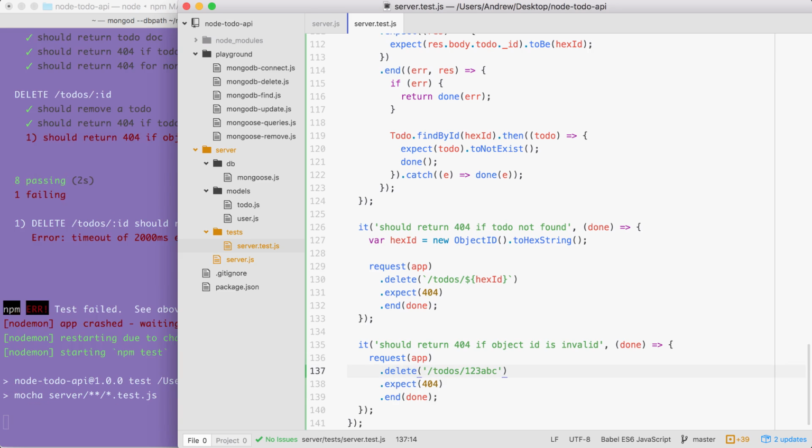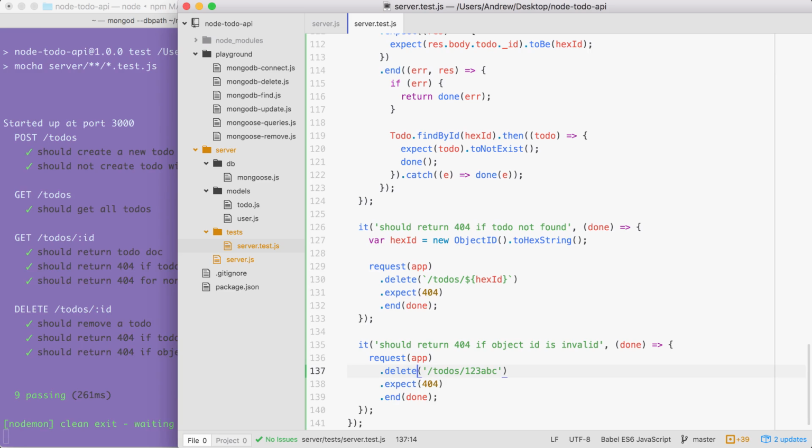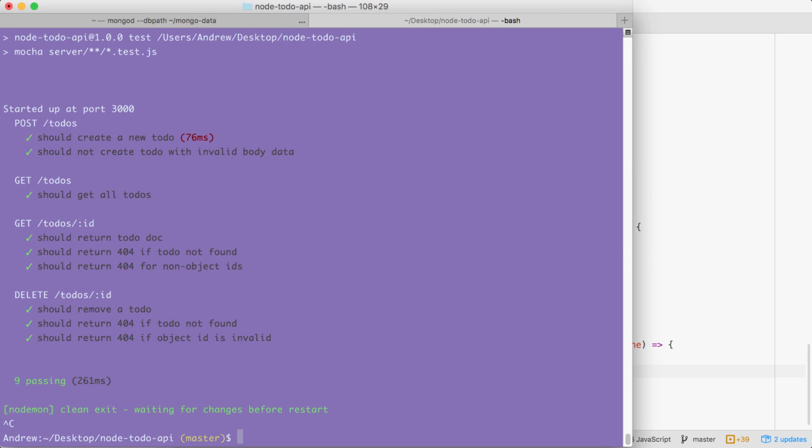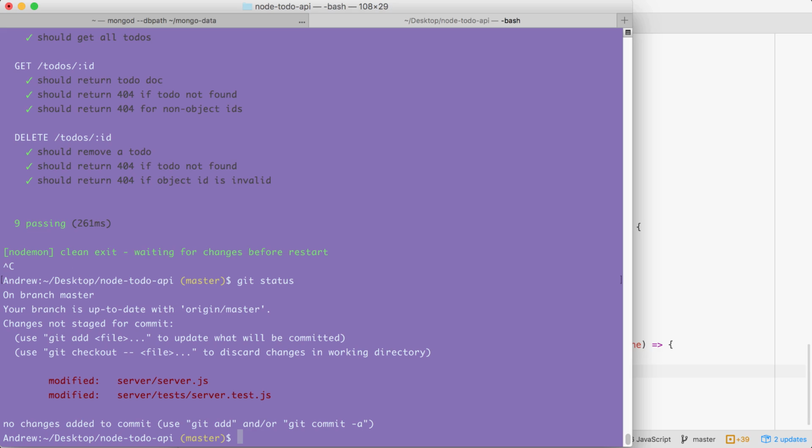If I save the file, it's going to rerun the test suite, and this time around, all 9 test cases are passing. With this in place, we now have delete to-dos tested. Let's go ahead and wrap this one up by making a commit over inside of the terminal. Over here, I'm going to run git status to see what changes I've got going on. Everything looks good. We made one small change to the server file, and we added our tests to the server test file. I can use git commit with the am flag to make a commit. And a good message for this one would be